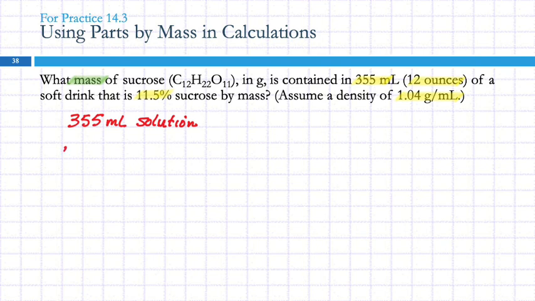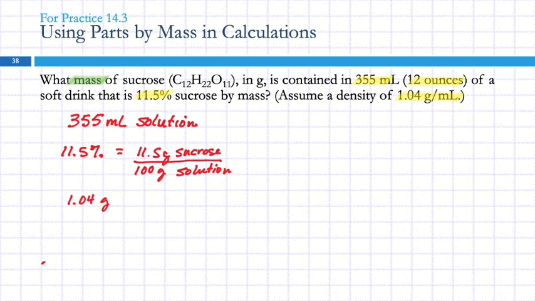And we've got 11.5% by mass. Well, that means 11.5 grams per 100 grams. It's 11.5 grams of the sucrose in every 100 grams of the solution. I'm just going to use the word "solution", it's a little faster. We need to identify these or we're going to go sideways. And then we have a density,